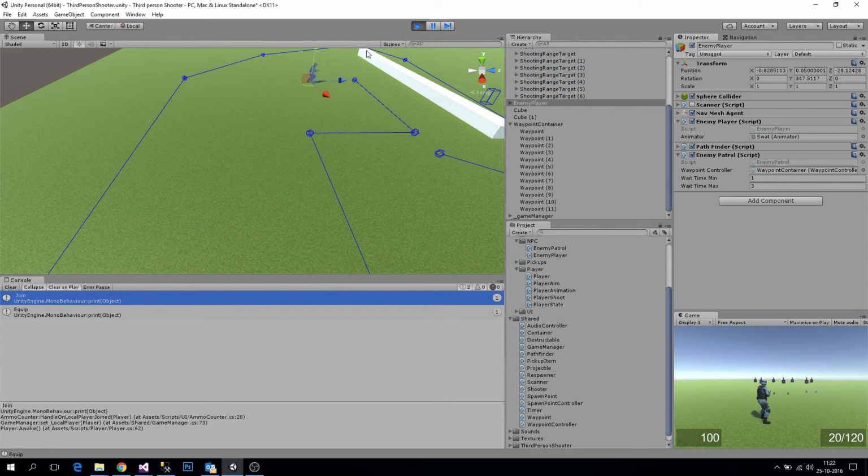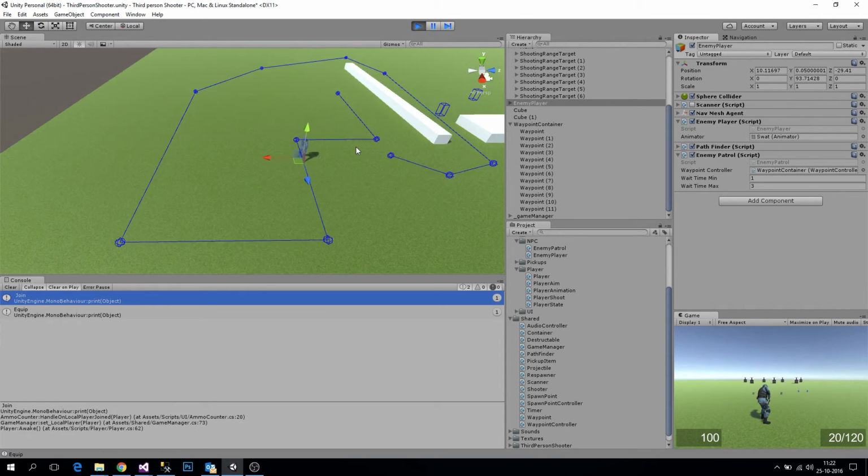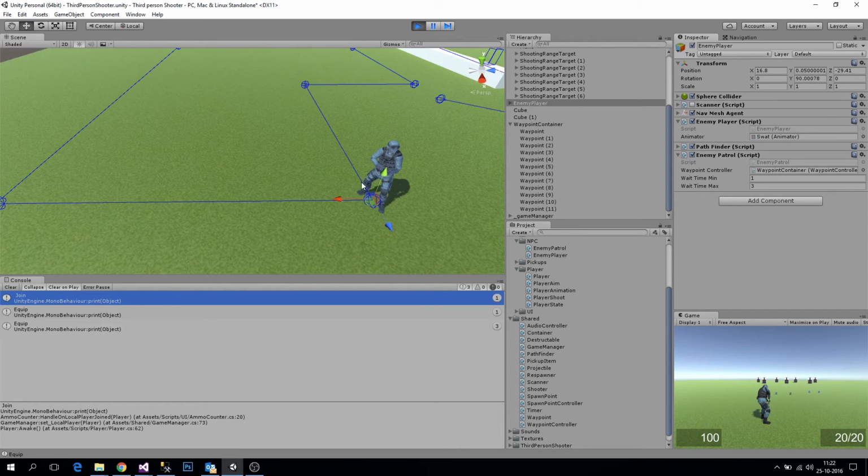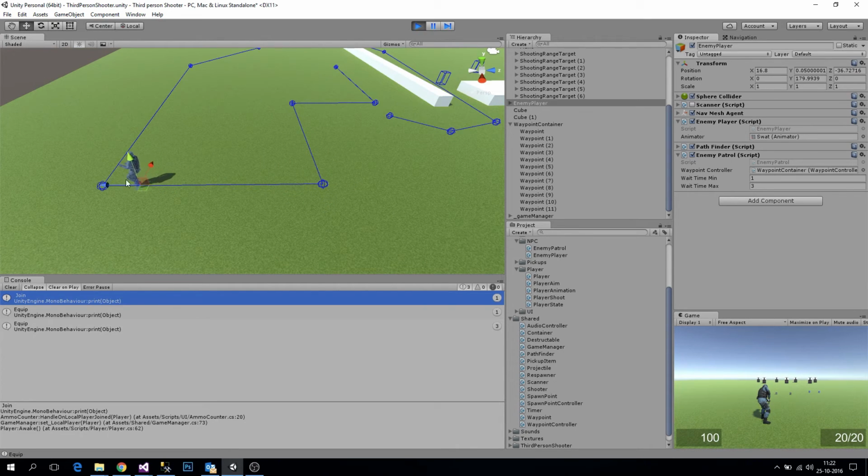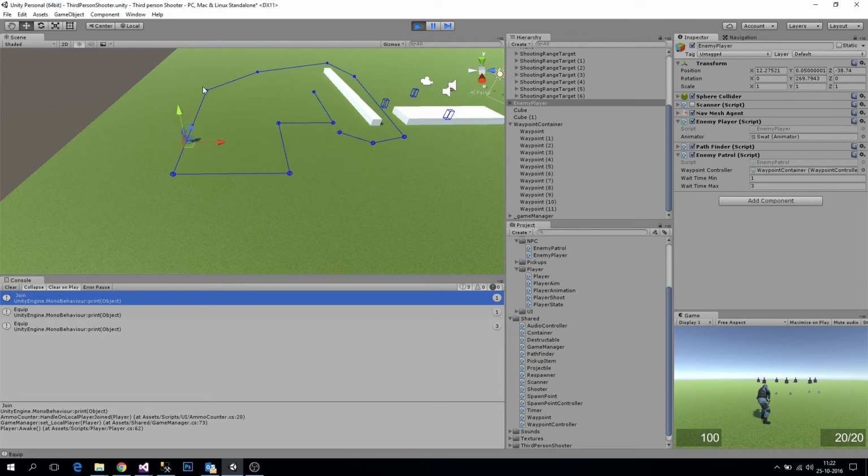There we go. Now you can see it moving to our first waypoint, and then sliding to the next waypoint. We're gonna fix this. And then moving to the back waypoint and then moving half backwards. That's because we animate the wrong way, set the values wrong. But you can see what it does. It will move to our waypoints and wait there for a few seconds and then move on to the next